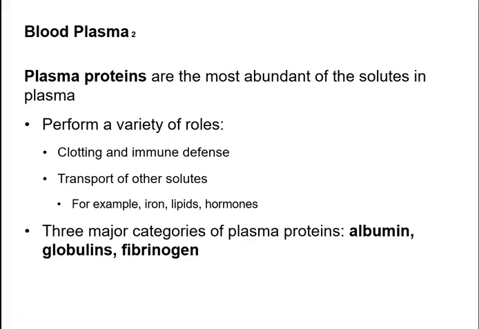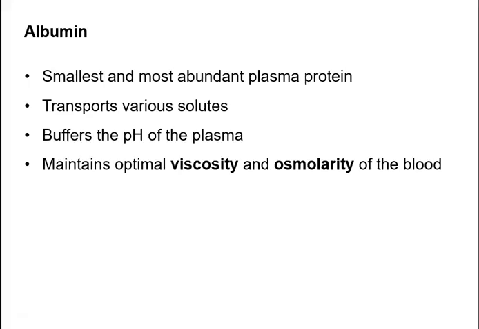So looking at plasma proteins, there are going to be a few of these that we'll talk about that are important. The big three are going to be albumin, the globulins, also known as immunoglobulins, and then fibrinogen. And so let's look at albumin first. Albumin is mainly going to play a role in helping to maintain viscosity of the blood and osmolarity of the blood, which just means it's going to allow the blood to be kind of thick, and also allow it to maintain the liquid within the blood vessels that it needs to have to be able to still be able to